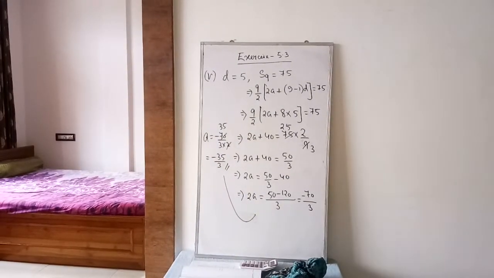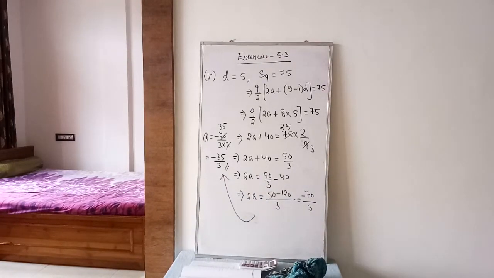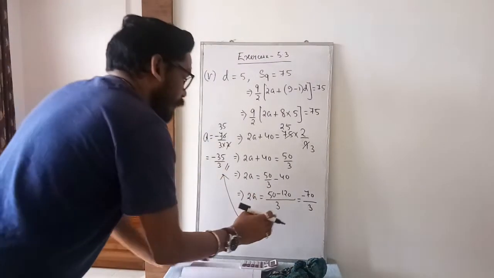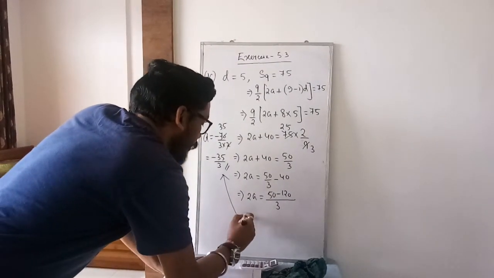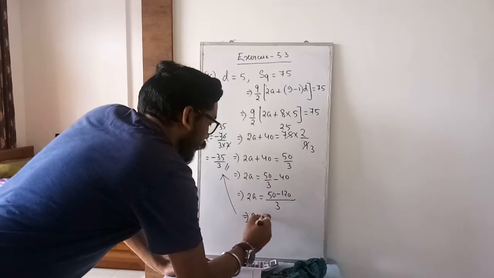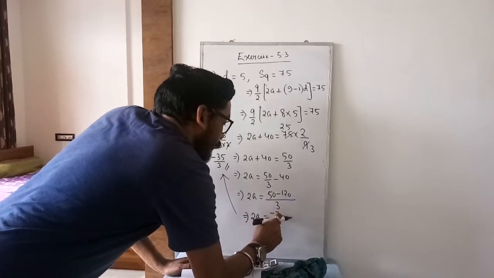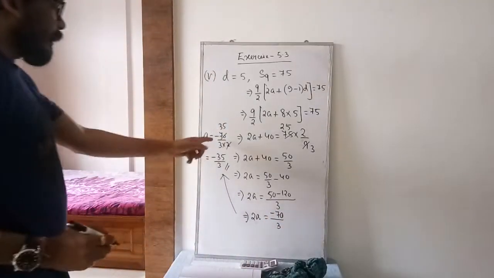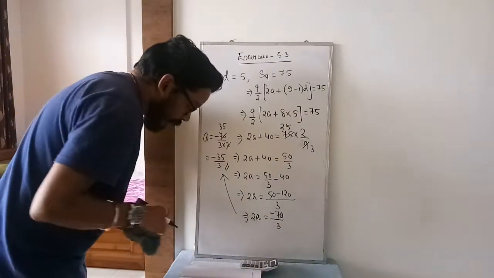The sum is not done till now. Okay, take the screenshot. So you got the value of a as minus 35/3. Okay, 2a equal to, let me do one thing, let me write here one step. So this implies 2a equal to minus 70/3. Okay, then a equal to, the 2 will shift. Clear?